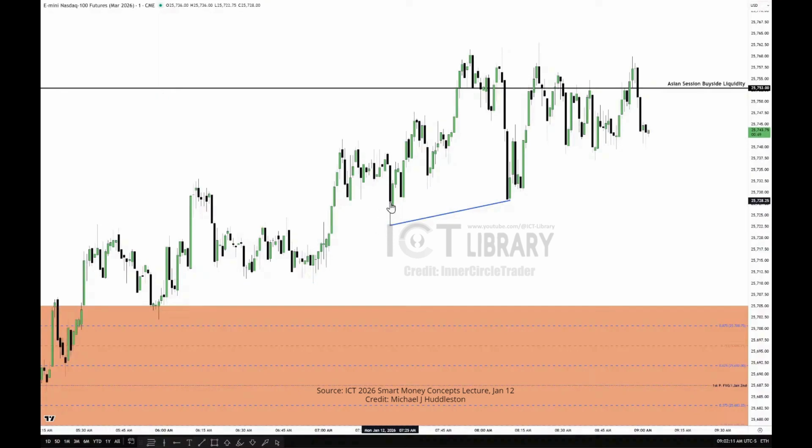This little bit of business here, you want to make sure that you grade. I'm not going to do it with mine, but you want to grade that lower quadrant, consequent encroachment, upper quadrant. And if it takes out that low, it could only just go down inside this wick to the lower quadrant or the consequent encroachment of it. So not every relative equal low or relative equal high is the same. If your anchor point that starts the determination of whether it's a relative equal high or a relative equal low, that means the furthest one to the left.